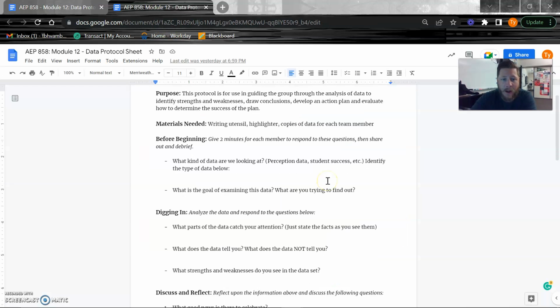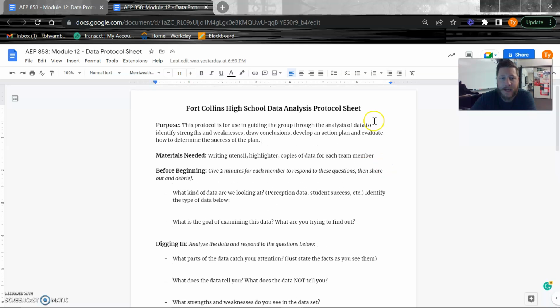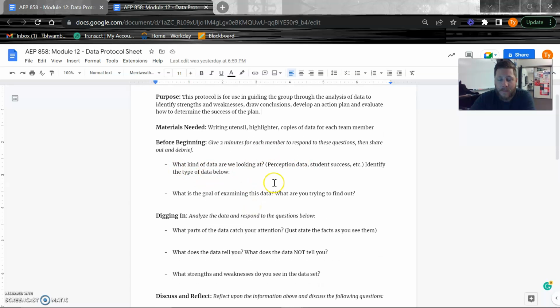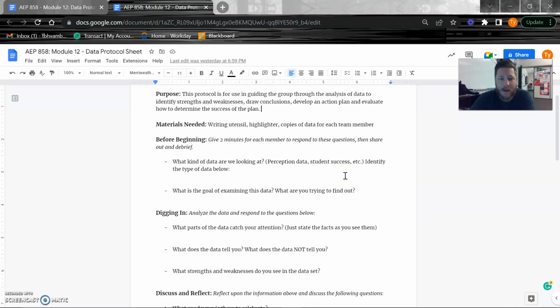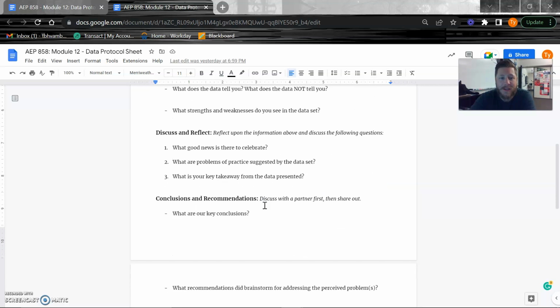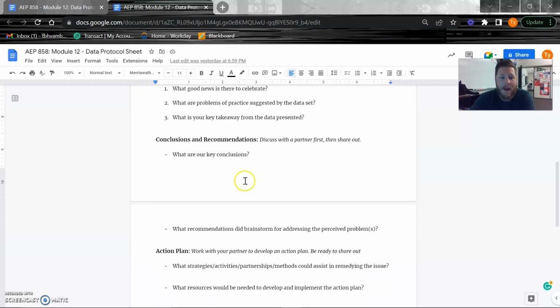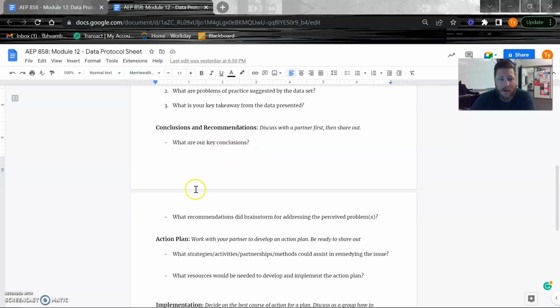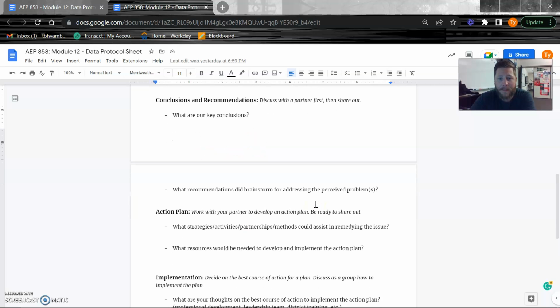So here is the written version, kind of the step-by-step walkthrough of the analysis protocol sheet. So it starts off with just highlighting the purpose, any materials needed, and then before beginning, looking at that step one, what kind of information, what kind of data are we looking at, what is our goal, digging in and analyzing specific questions about what part of the data caught your attention, what does it tell you, what does it not tell you, what strengths and weaknesses do you see, discussing and reflecting, is there good news, is there problems, what's your key takeaway, moving into that conclusions and recommendations, what are our key conclusions, what recommendations did we brainstorm